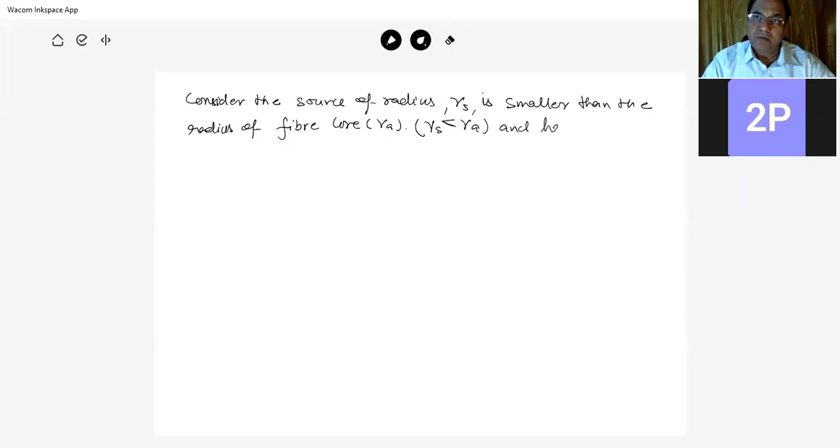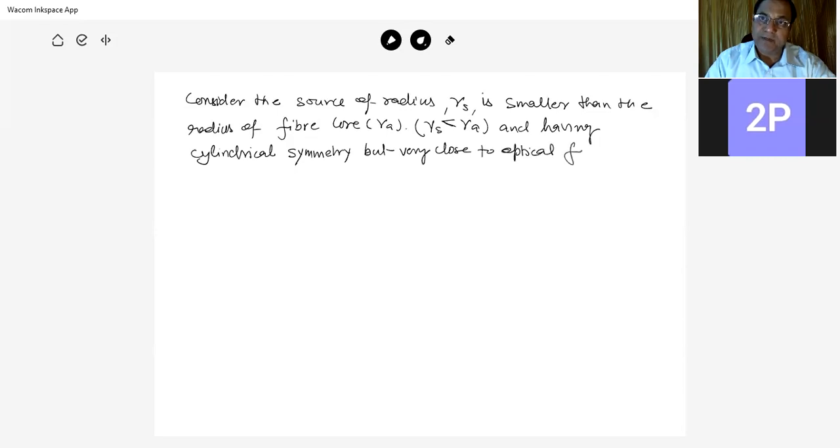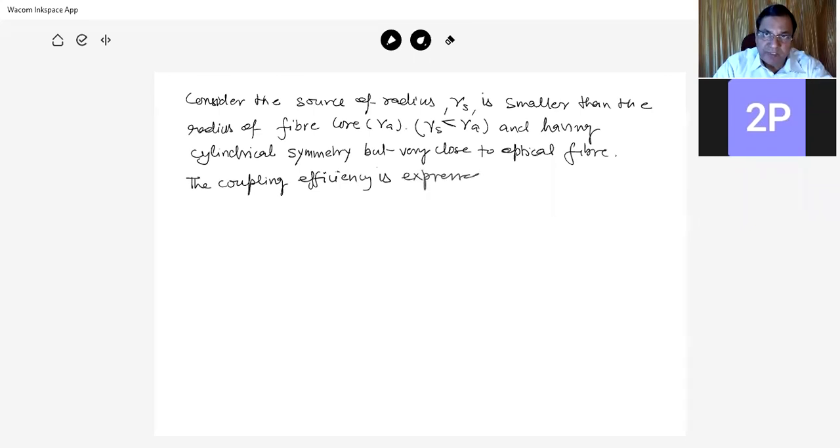And having cylindrical symmetry, but very close to optical fiber, very close to optical fiber. The coupling efficiency is expressed as